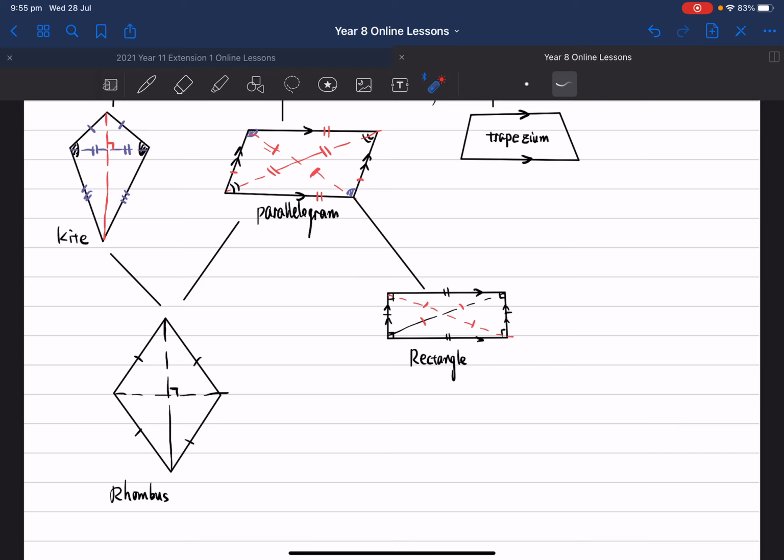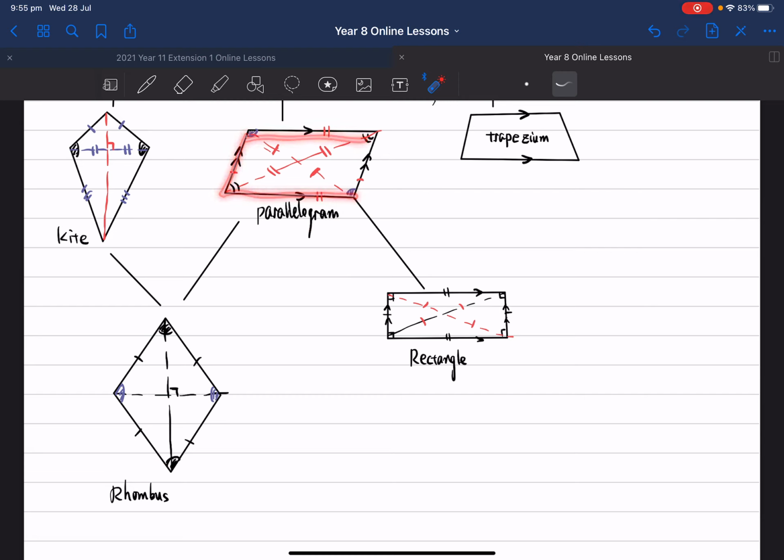Obviously, if it shares the properties of a parallelogram, then the opposite angles must be equal to each other. The opposite sides must be parallel to each other. These are special properties about a rhombus, though not so special anymore. But to separate between a rhombus and a parallelogram, well, the most important thing is that for a parallelogram, sides are not